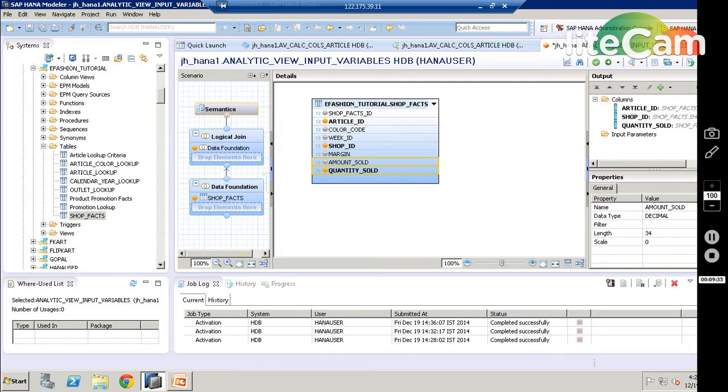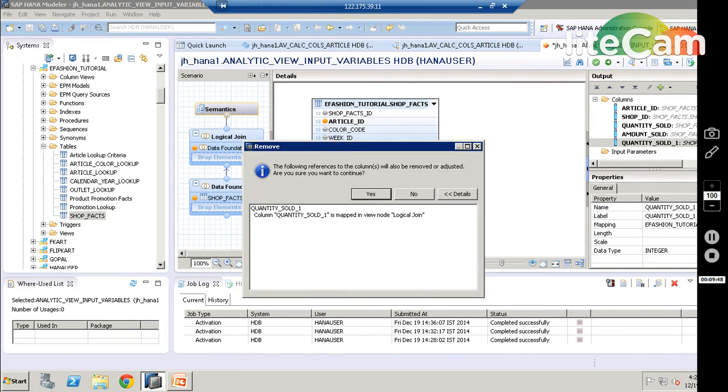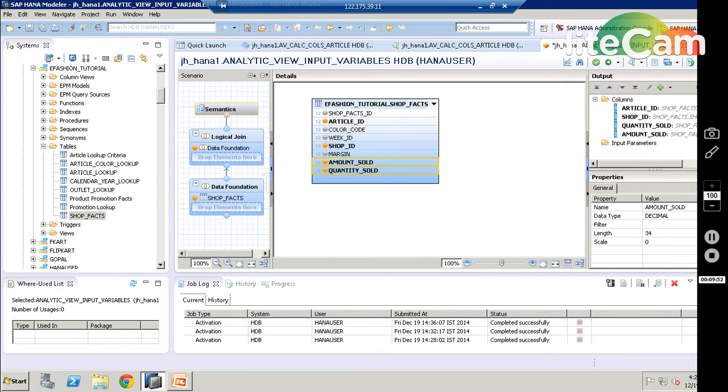Just copy these to output. So we have quantity sold twice. We don't want this, it is extra added, so just remove this. Okay, so you have article ID, shop ID, amount sold, and quantity sold.